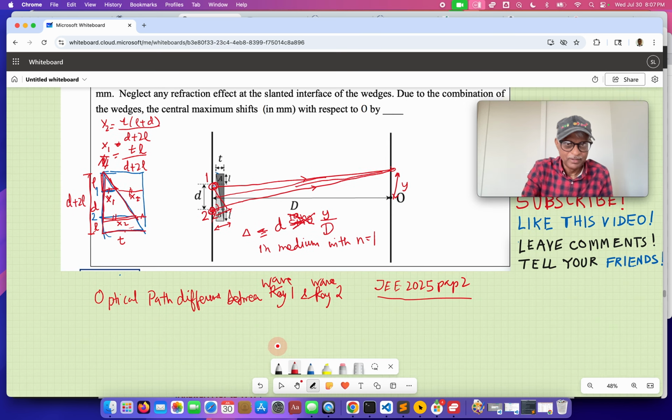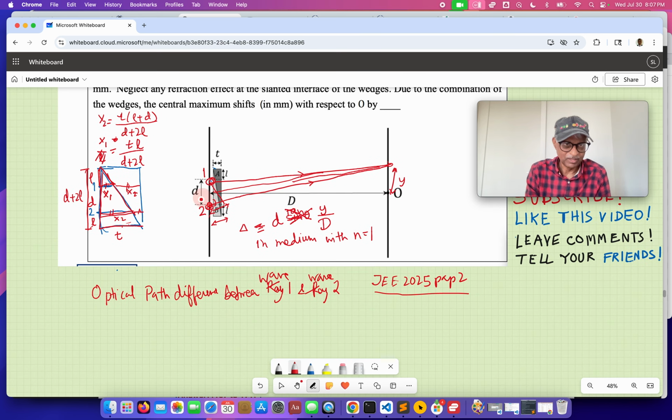If you look at here, it's going to go in, let's call it, this medium 1, medium 2. So in addition to the delta, there will be n1